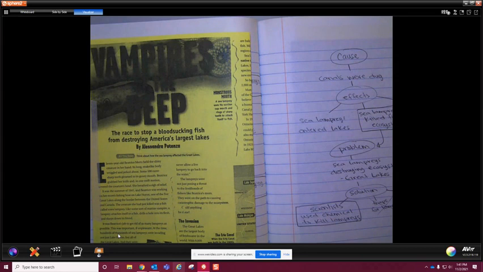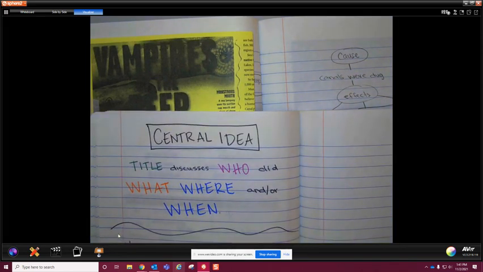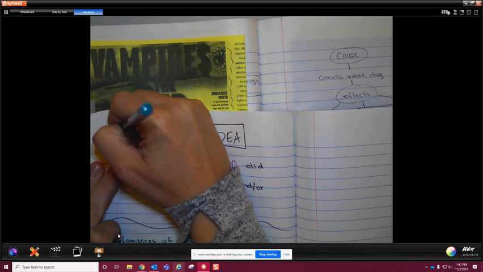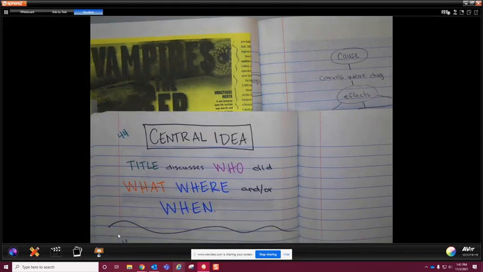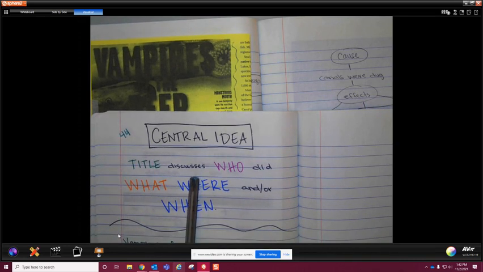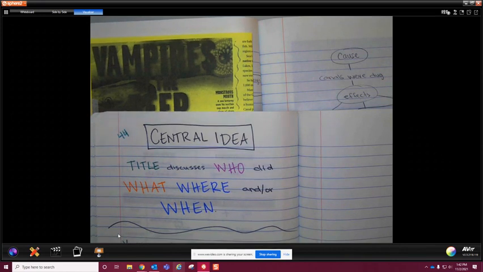And in our resource notebook on page 44, we ended up writing how to find the central idea. So on page 44, we ended up writing this. So you're going to need to write this down on page 44 in your resource notebook. If you have your notebook with you, you can go ahead and write that down in there. But essentially, the format or the way to organize it would be the title of the piece discusses who did what, where, and or when. Okay, so that's kind of like the outline that we will use